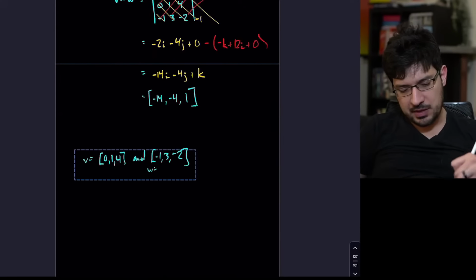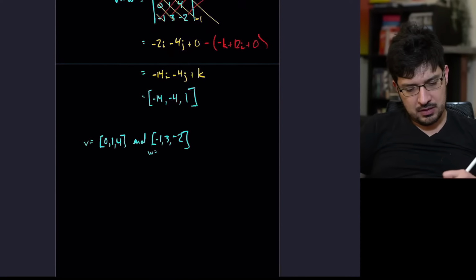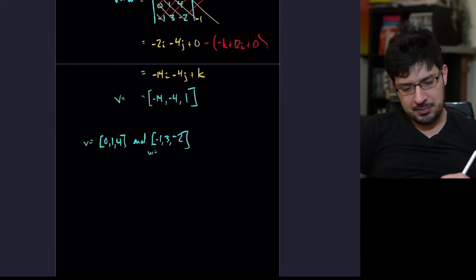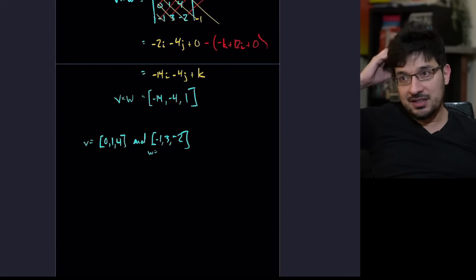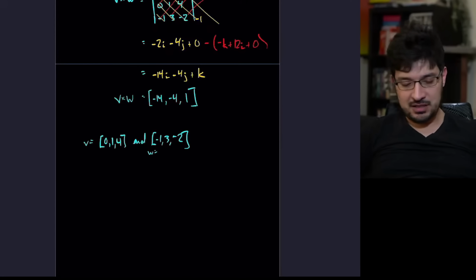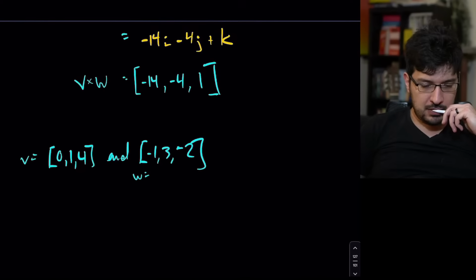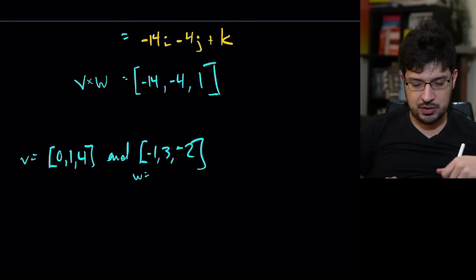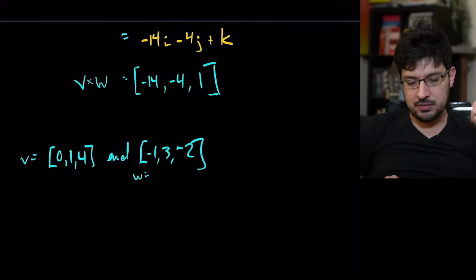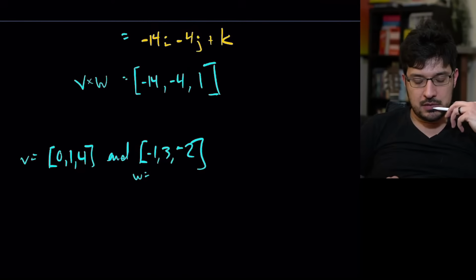I always keep going until I get stumped. I think we're very close, though. If anybody in the chat has a hint for me, I would love to hear a hint. But, okay. So these two vectors are perpendicular, or mutually orthogonal, to V cross W. So, if we can like project